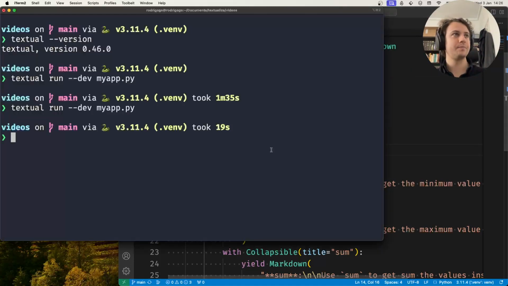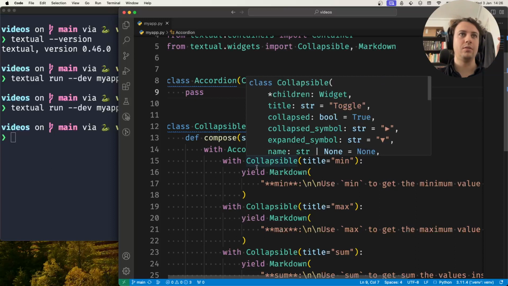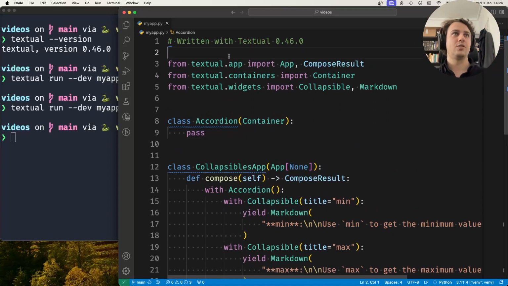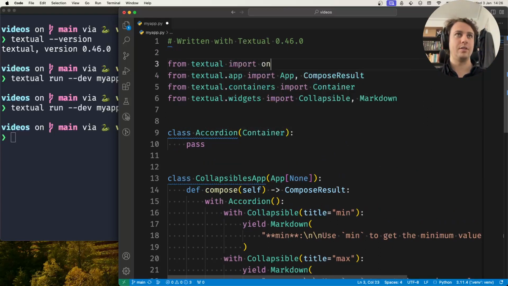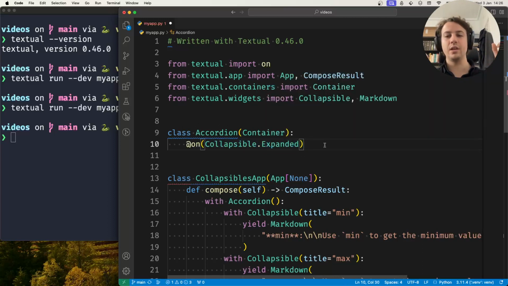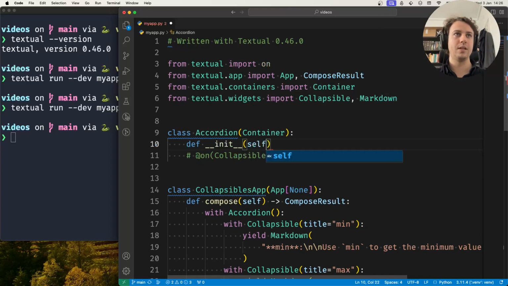Now what I'll do is, inside my accordion, I'll handle Collapsible.Expanded and Collapsible.Collapsed events. So I'll take from Textual, I'll import the on decorator. Now what I'll do is, on Collapsible.Expanded, so when one collapsible is expanded, I'll want to collapse the other one that was open. So I need to keep track of the currently expanded collapsible. Right? So before I get to this, I need to keep track of the currently expanded collapsible, and so on